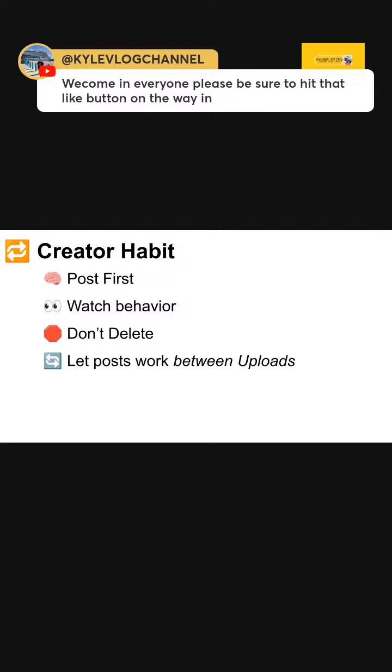Y'all, don't forget to post. Do your post before, during, and after your content. Post hours before, or even a day or two before you have a long format content premiering, or before a live stream, a day before, or even a few hours before. It will get your content in that algorithm and help the YouTube supercomputers to connect the right audience, the right viewers with your content. Don't ever delete those posts, even posts that don't get a lot of thumbs or a lot of comments on them. Anything that's pointing to your content is good for the YouTube supercomputers.